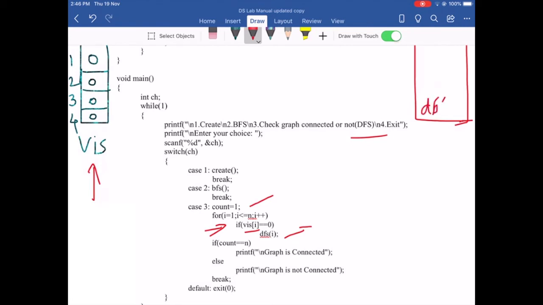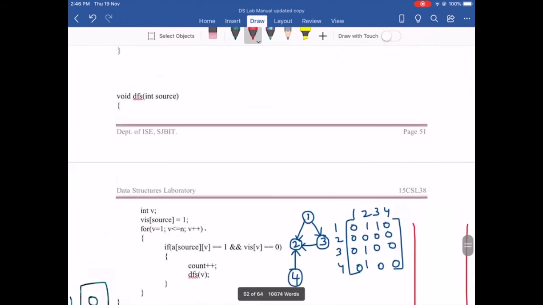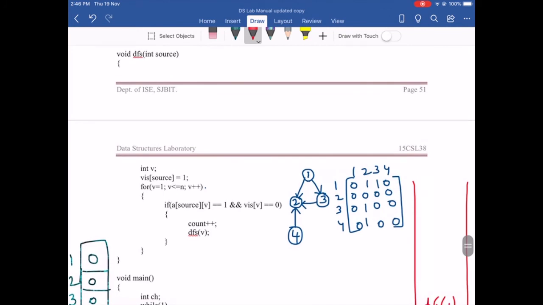Let us write it here. When you go to your DFS function, the source in this case is going to be 1, because that is how we had called our function. We are going to make visited of source as 1, so this value is going to be changed to 1. Next, from the source we are going to see what all other nodes you can reach.